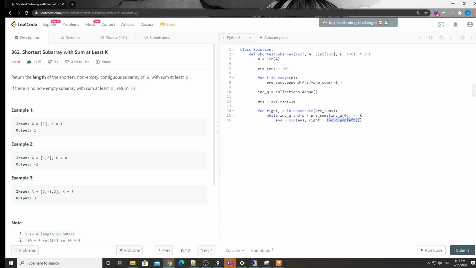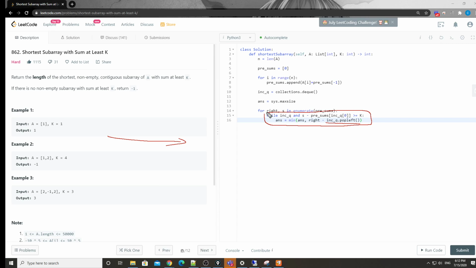It's because since we're popping from the left, the left side one always has the smallest index in this case, right? And for this while loop here,